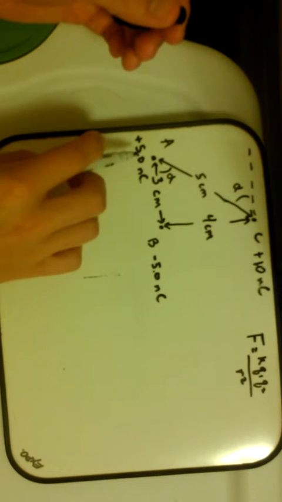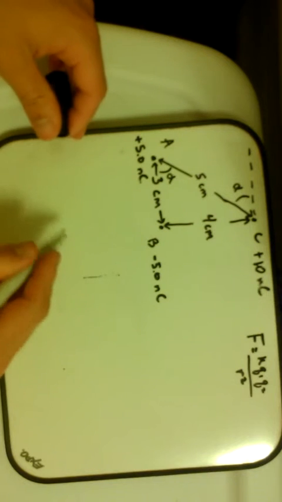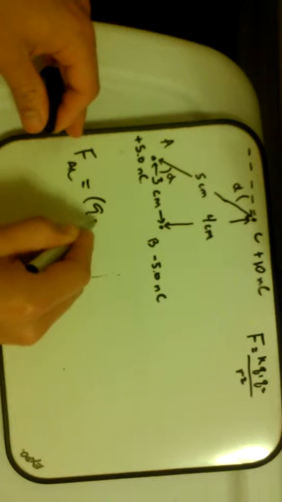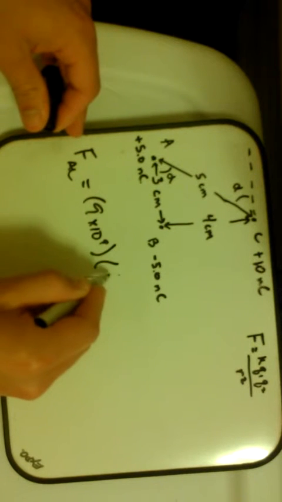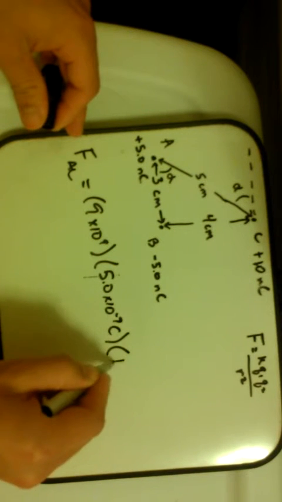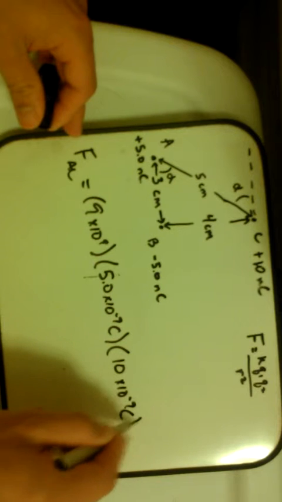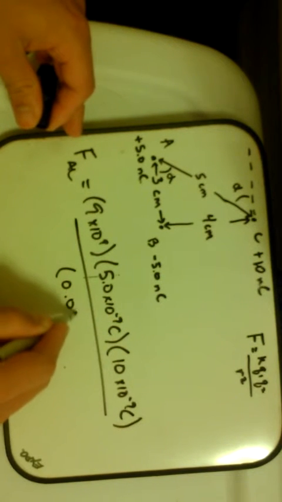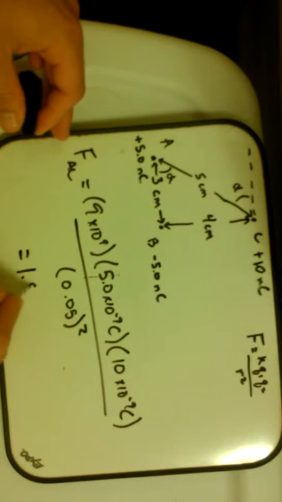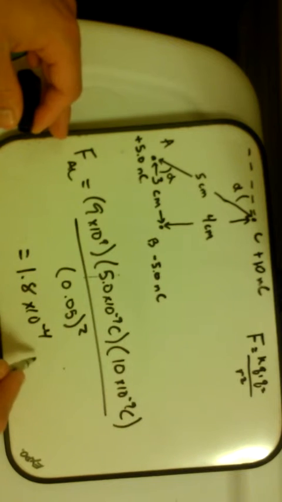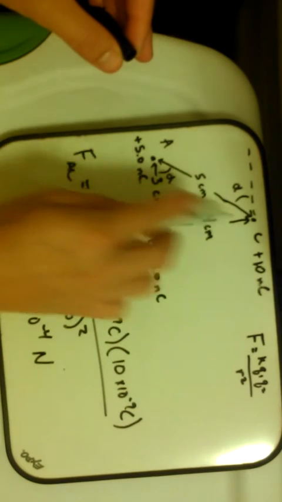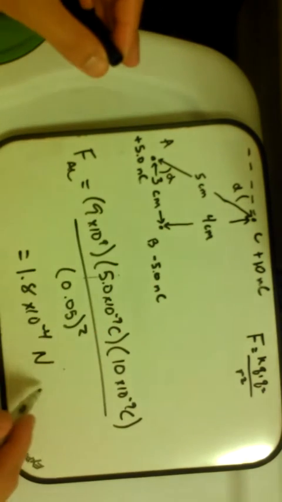Next, we'll find the vector of the force between A and C. Once again, we'll use Coulomb's law. That's 9 times 10 to the 9th. Absolute values is 5.0 times 10 to the negative 9th coulombs and 10 times 10 to the negative 9th coulombs over, in this case, 0.05 meters squared. From your calculator, you can get that this is 1.8 times 10 to the negative 4th newtons, and we can see that because these are both positive, the force will be away from C in a downward to the left direction